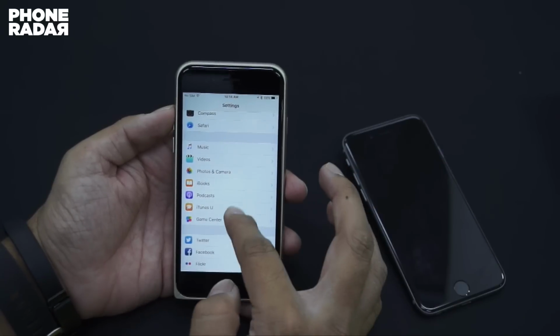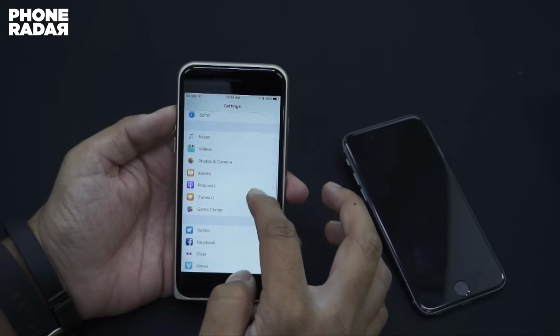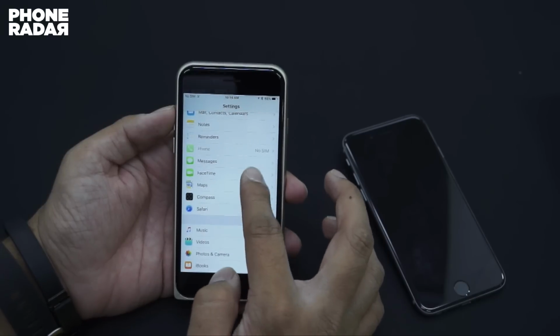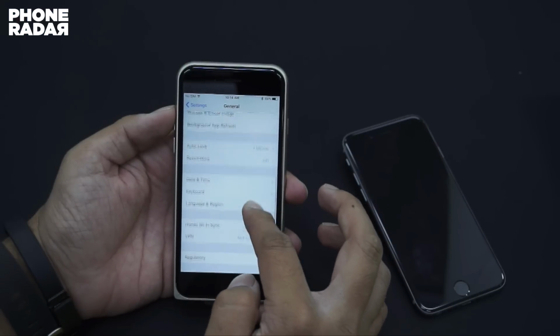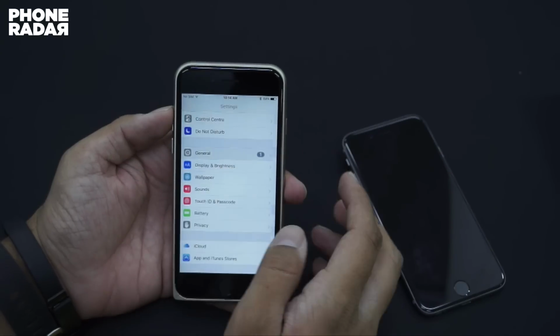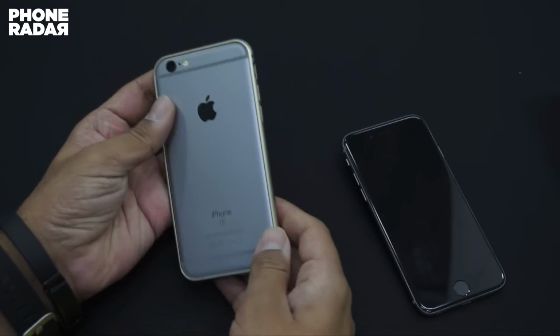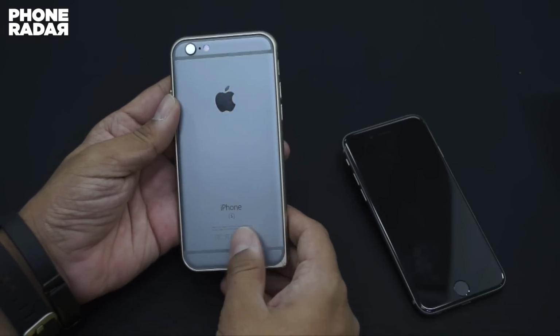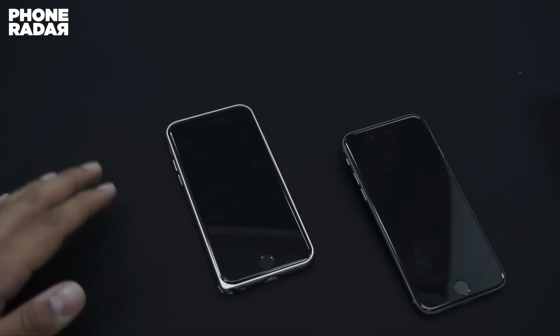So that's the list of applications which are currently available for the 3D Touch feature, and soon you may find more and more applications available to use with this new feature. So this is about the applications which are available for the iPhone 6s and the 6s Plus with the Force Touch or the advanced 3D Touch feature.